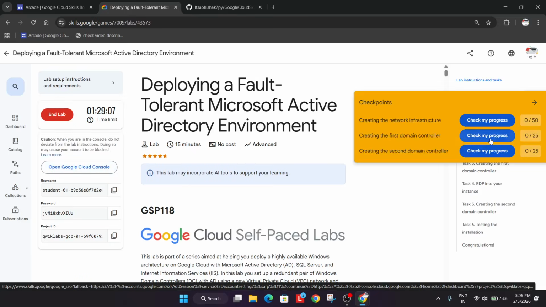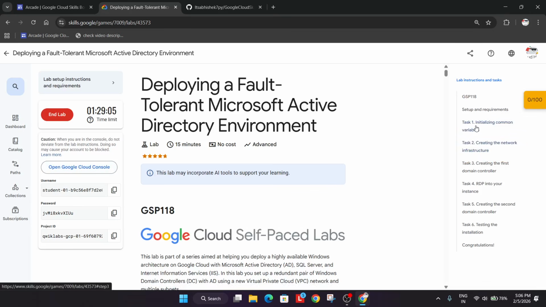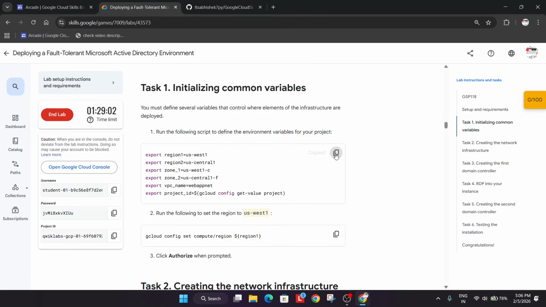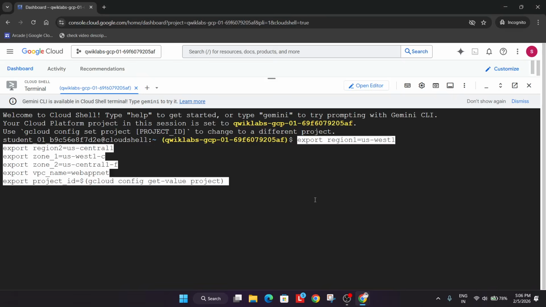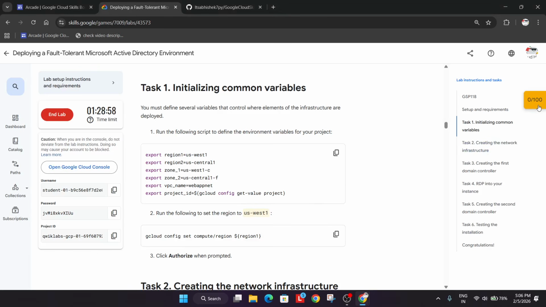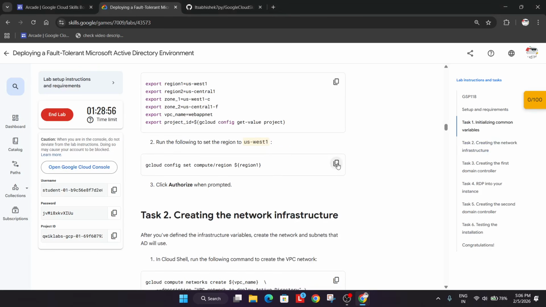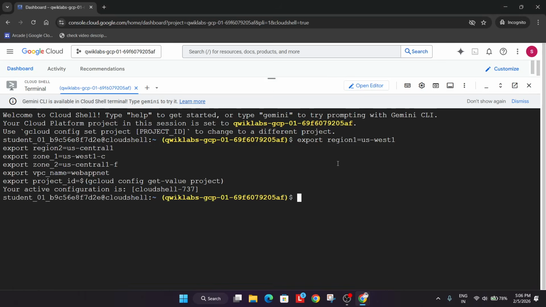So first of all, we need to come to task number 1. We have to first set and export the region and zone. And if you want this yellow check my progress bar, check the video description for how to enable the check my progress bar. Now just run it